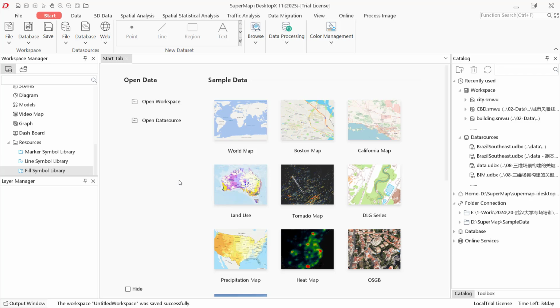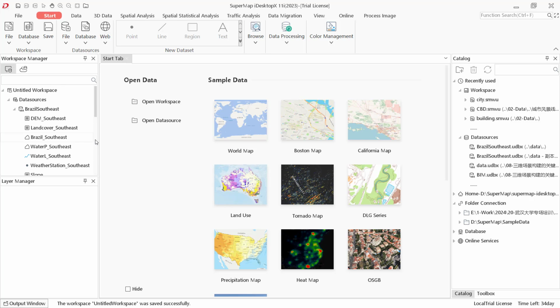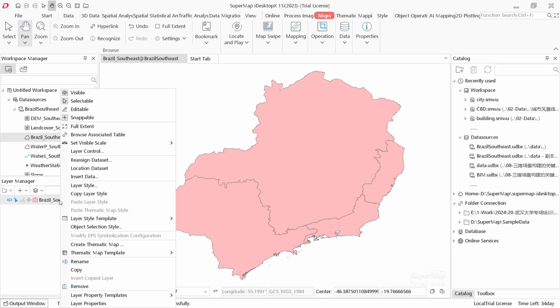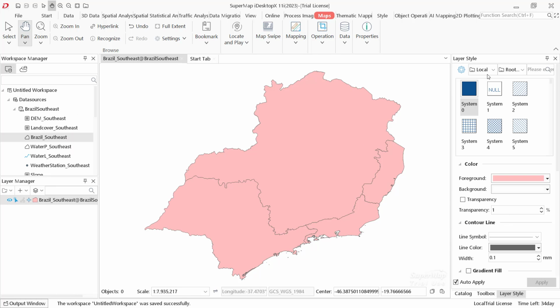Now let's go back to SuperMap Desktop X software. Here, in Workspace Manager, double-click on the Brazil Southeast Region dataset and add this dataset into a new map window. Then we can see these regions. In Layer Manager, choose this layer, right-click on it, and choose Layer Style to open this Layer Style